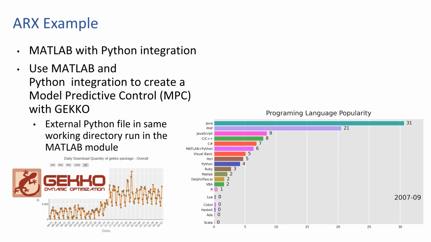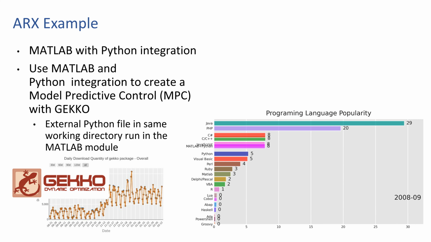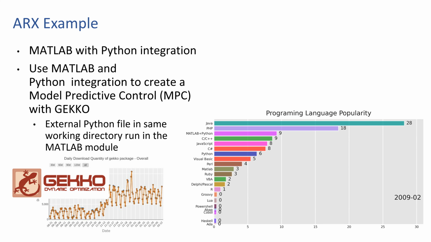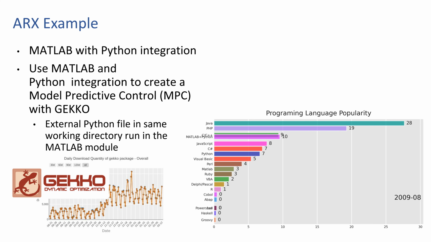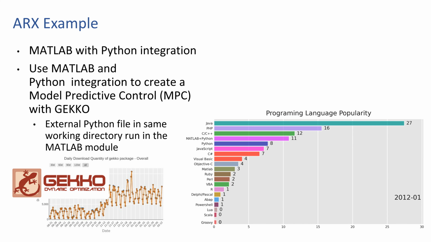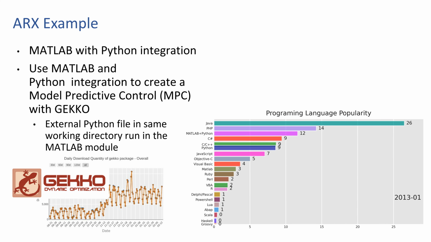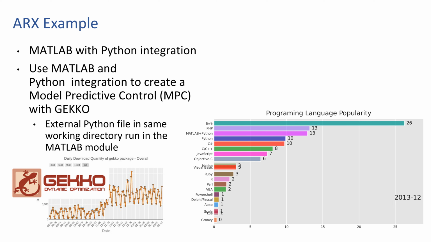But if we look at MATLAB plus Python, you think about Python as a very good MATLAB toolbox that you can call. And this is an example of calling the Gekko optimization suite for model predictive control using an ARX model. Now, Gekko is downloaded about 250,000 times per month, and MATLAB allows you to call Python packages and extend the capabilities of MATLAB with these Python routines as well.